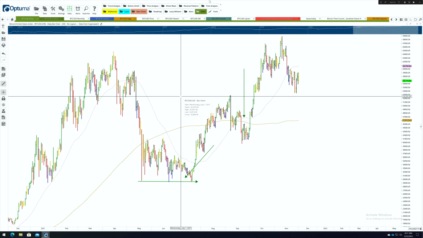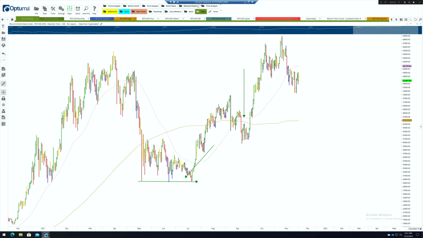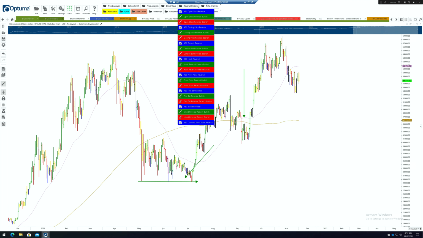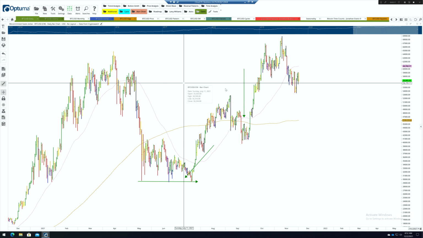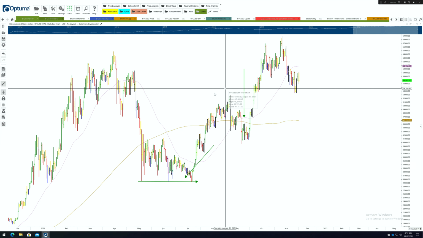Now, excuse the delay, I am currently using a cloud PC provided by Microsoft. This is what I wanted to have my charting software on, so that I could access my charts from any computer, any mobile phone, anywhere in the world. I'm getting a bit of a latency issue today, so there's going to be a slight delay in some of the analysis I can actually perform because I've got an issue with the connection I'm on at the moment. And I haven't even finished setting up this computer.